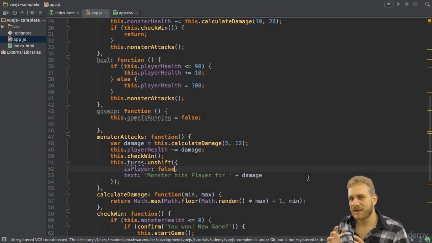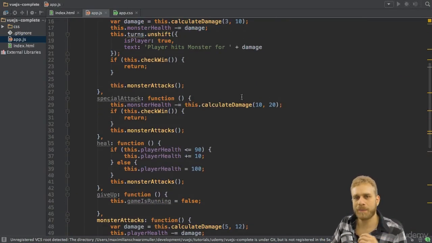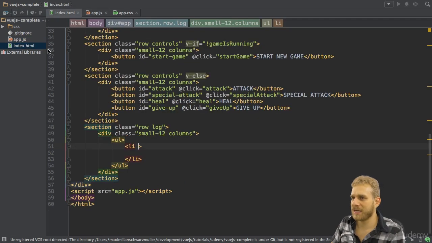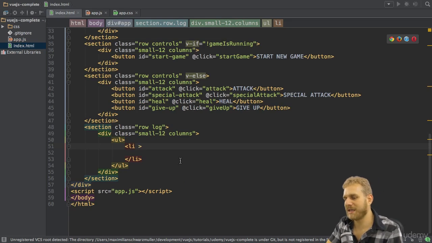So we're adding actions, turns, to this turns array. We want to output this on our page now, because having it in the code alone doesn't do that much. So in the index.html page, I'll go to this logs area where I have a list item. And now the way to output data, which is an array or which is a list, is of course to